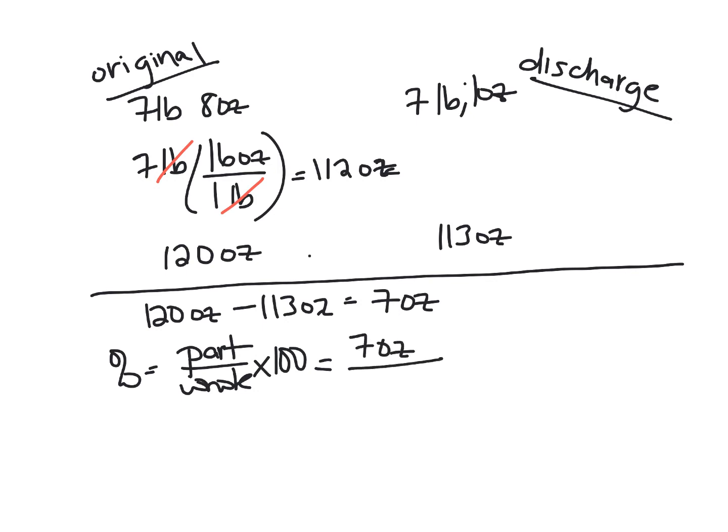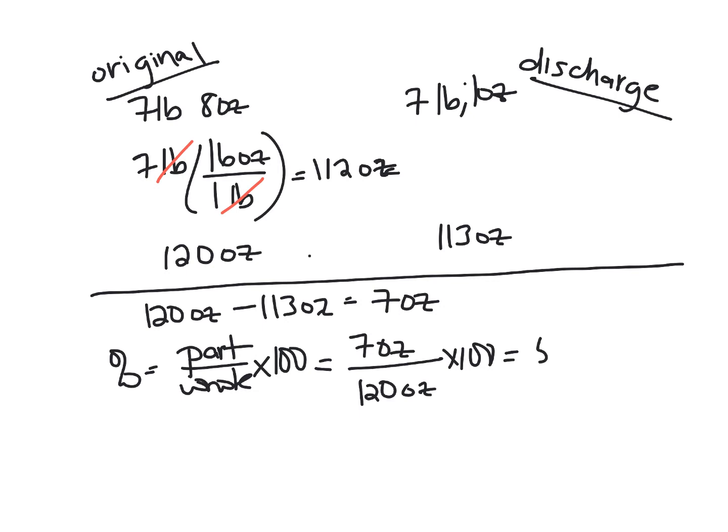The whole, we have to decide, are we comparing that to the 120 or the 113? Remember, we're talking about how much the baby lost, so we want to compare it back to that original value. So we're going to compare it to the 120 ounces that the baby started out as. And so we have 7 divided by 120 times 100 for our percentage, and what we get